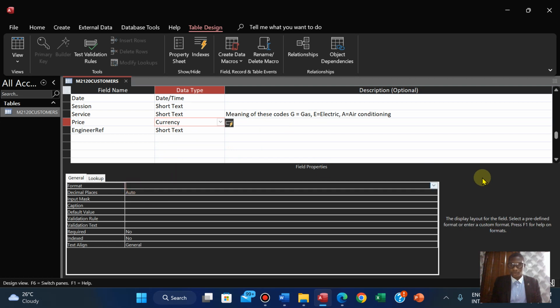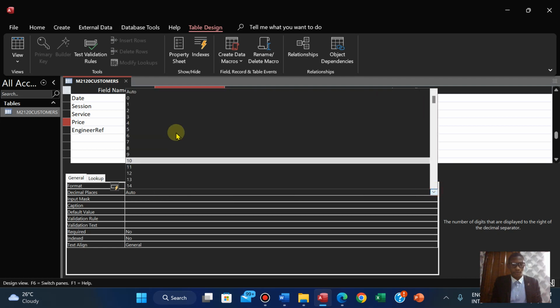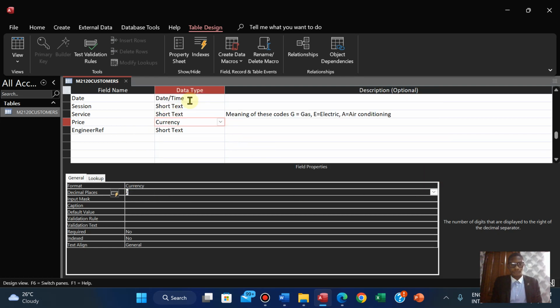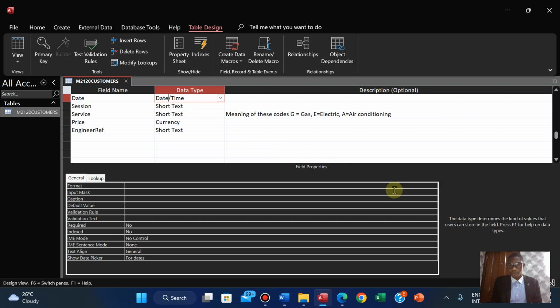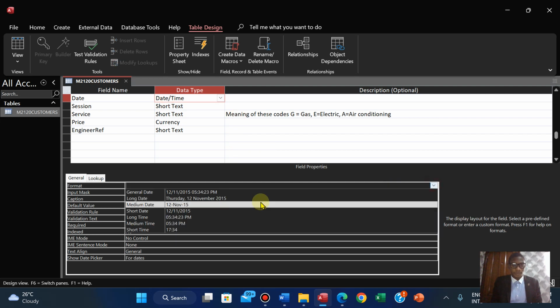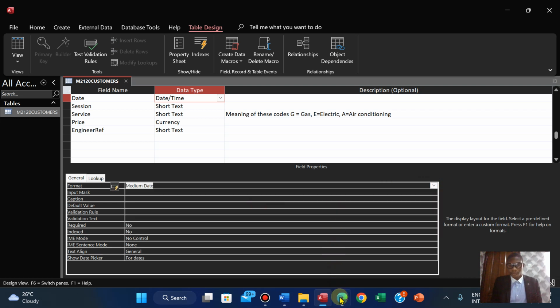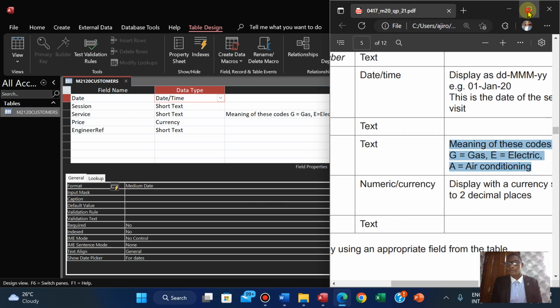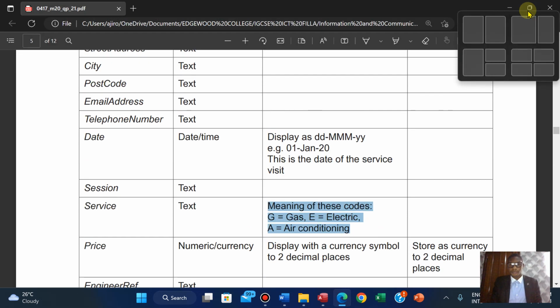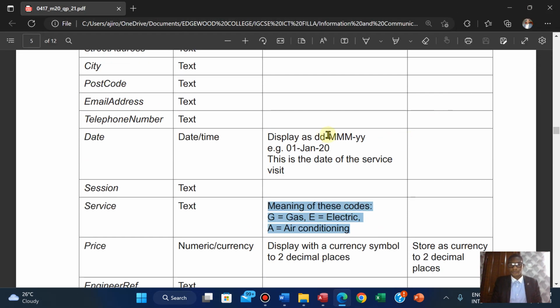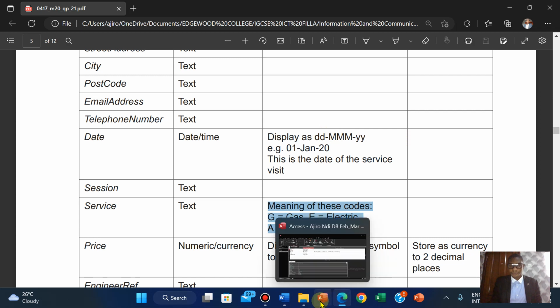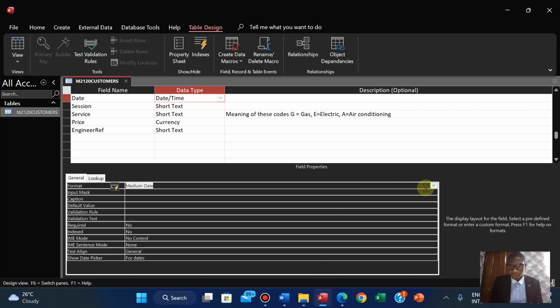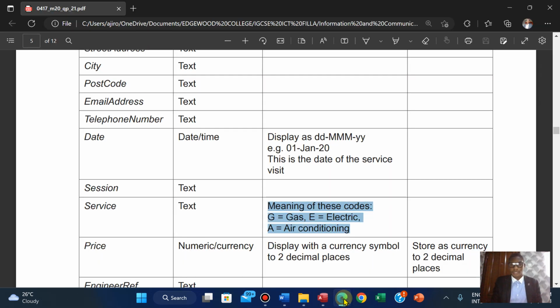This is going to be currency and decimal places is going to be 2. Okay. The date is also going to be displayed in a medium date. I want to be sure. Nope. Nope. Yeah. Let me see. Yes,